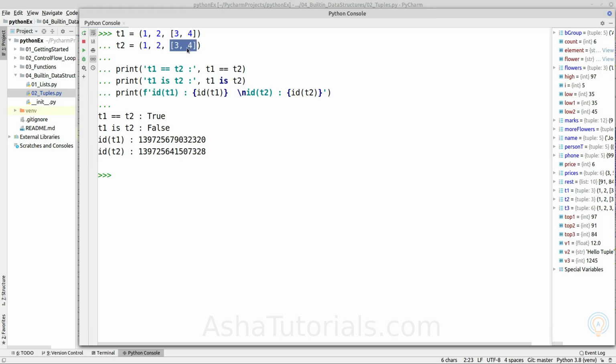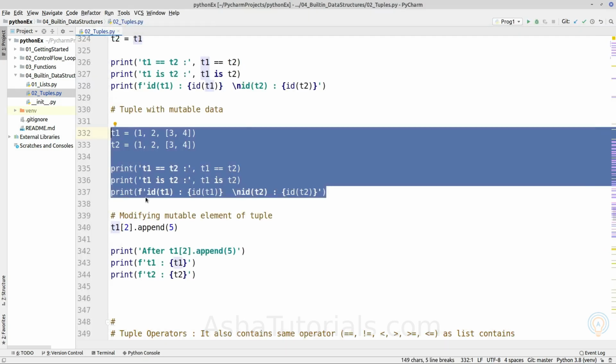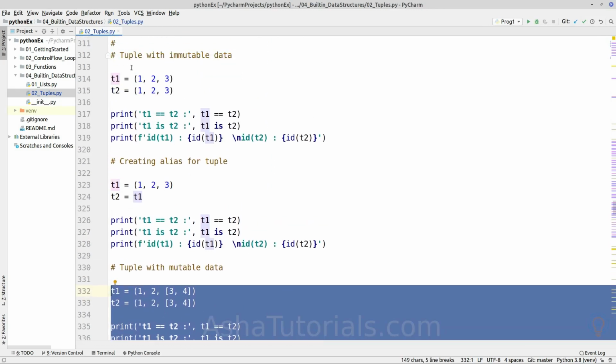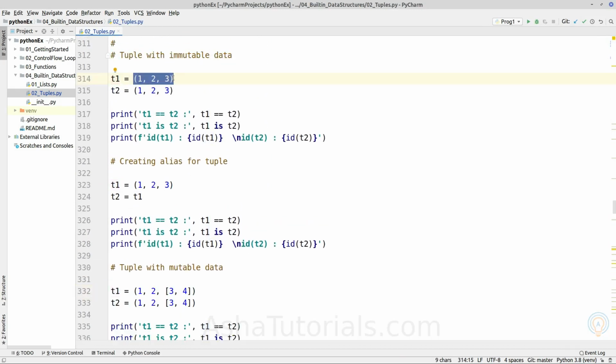So always keep that in mind: depending on the data types the tuple object contains, its ID differs. Only immutable data types are not constructed again when they are constructed with the same value.